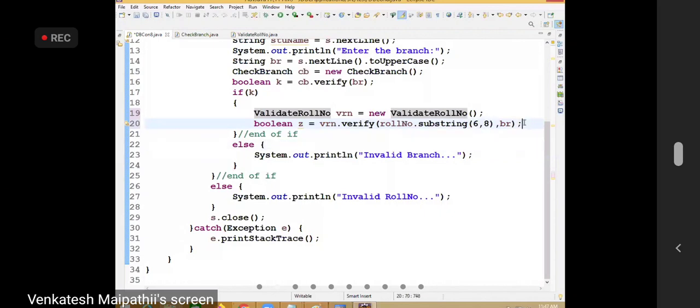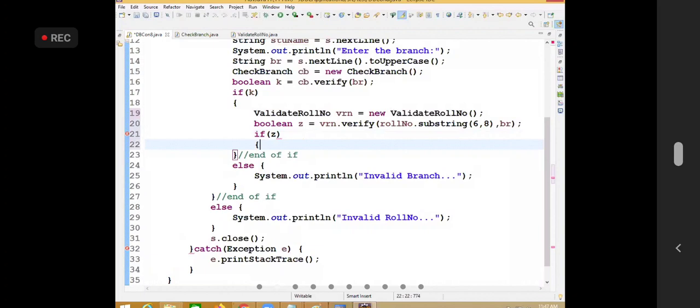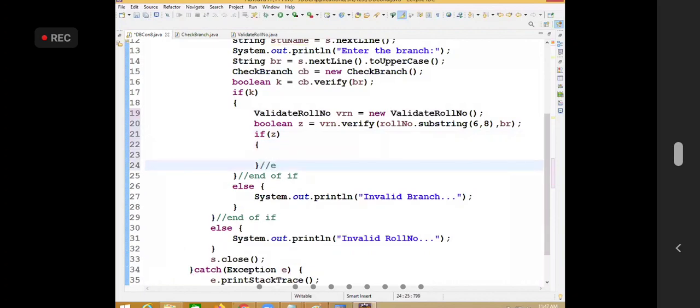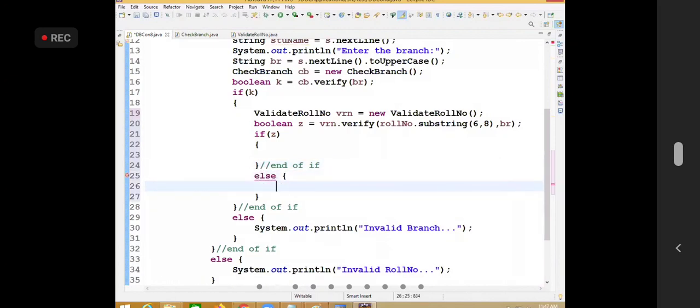Z will get true or false. If Z is equal to true, branch is available. End of if. Else, roll number not matched with branch.